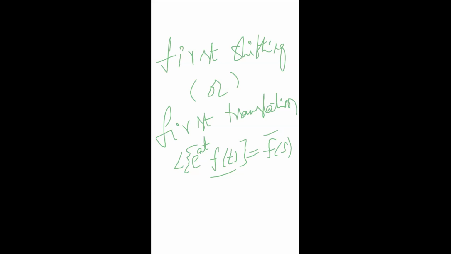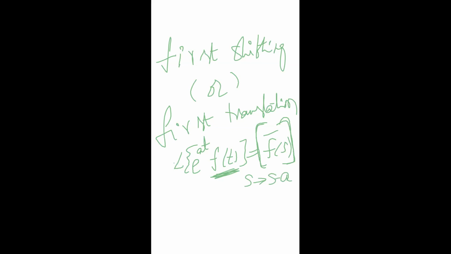So what we do in the first shifting? First we calculate the L of f of t, leaving aside the e power at. So leave e power at, first calculate L of f of t, we're getting one answer. That answer in terms of s, name as f bar of s. In the f bar of s, we have to apply e power at. So after finding L of f of t, now it is time to apply the e power at. That condition is called first shifting. So how to apply e power at in the answer? Just replace s by s minus a.